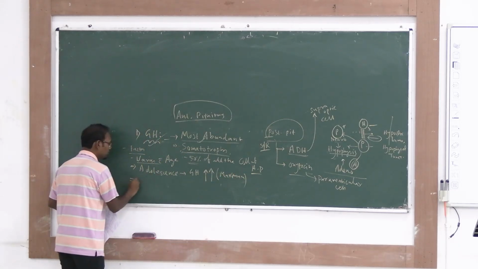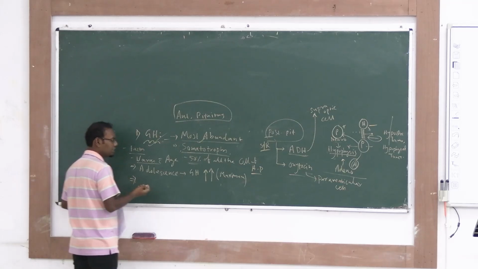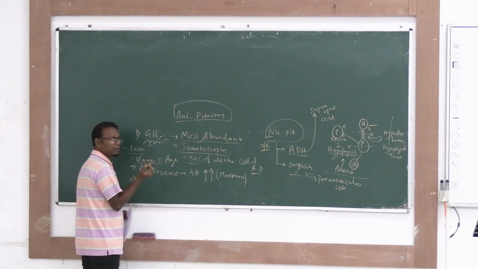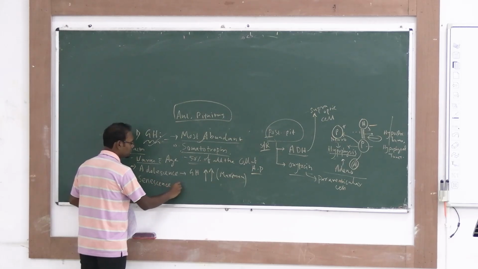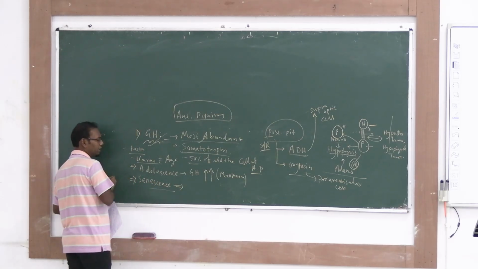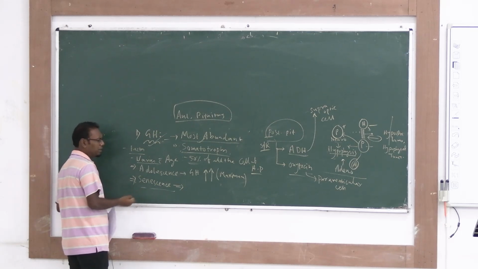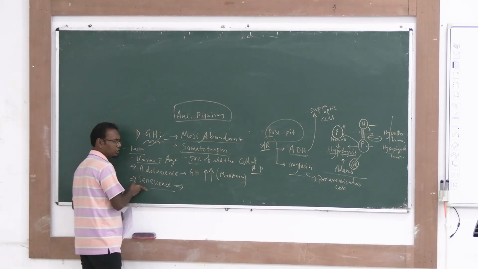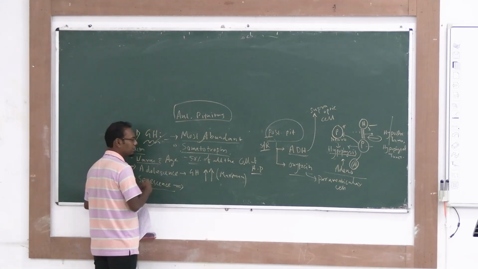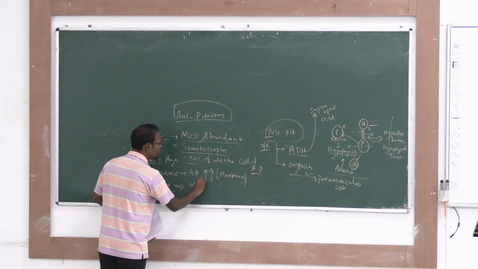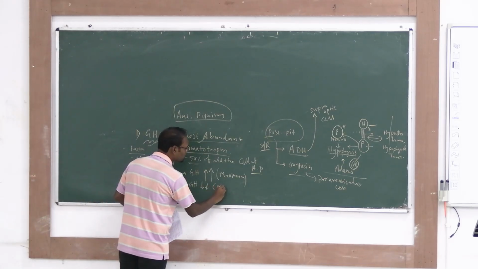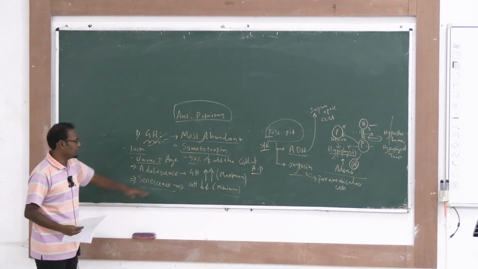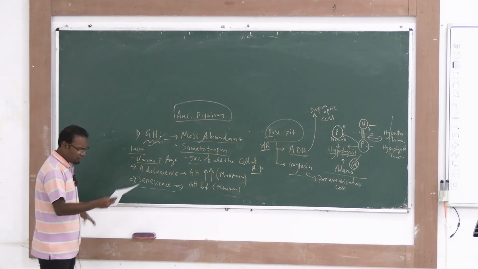And finally, in case of old age, geriatric age, the senile person, we call it senescence. In case of old age or senescence, you can write old age or senescence, if you remember the spelling, because sometimes marks are deducted for wrong spelling. So in that case, growth hormone will be released in a very minimal amount. So the minimum release of growth hormone is in old age. Okay, so that is some factor you have to know.